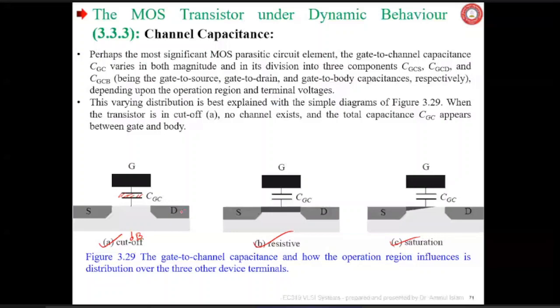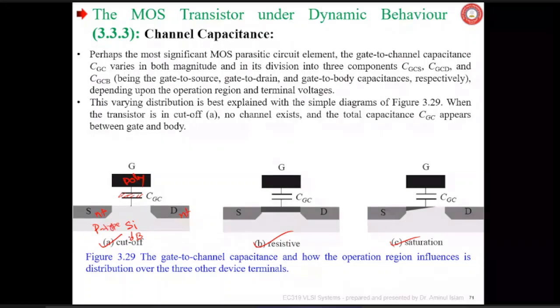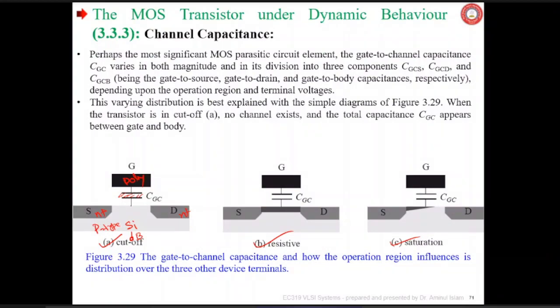This N MOSFET, if I say it is N plus, N plus, and P type lightly doped Si, that is another plate. So between G and B you have a capacitance which can be called body capacitance, gate to body capacitance, or here it is denoted as CGC, gate to channel capacitance. Perhaps the most significant parasitic circuit element, the gate to channel capacitance CG, varies